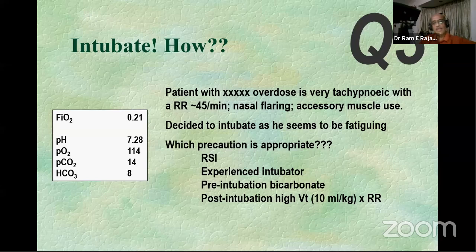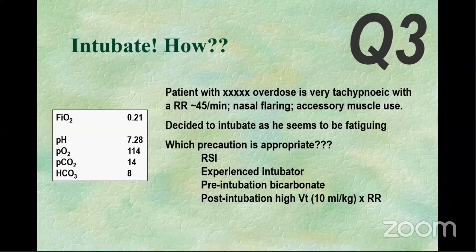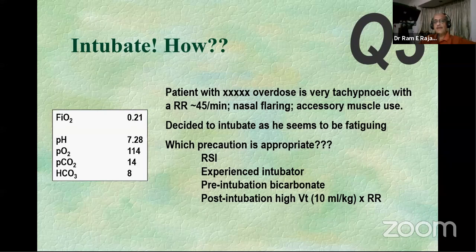The point that I'm raising, thank you. Yes, so sir, the point that I'm raising with this particular example is that when you are intubating a patient with a toxicological problem, it clearly depends on the circumstances in which you're going to be dealing with this patient. Obviously, somebody who's got a very severe metabolic acidosis and the primary etiology of the poisoning is causing that metabolic acidosis, in addition to which it is also stimulating the respiratory center and is making the patient develop a respiratory alkalosis. He is compensating to some extent for the acidosis. If we try to decompensate him in the process, we probably will hurt him. And that is the basic idea that I wanted to bring in.